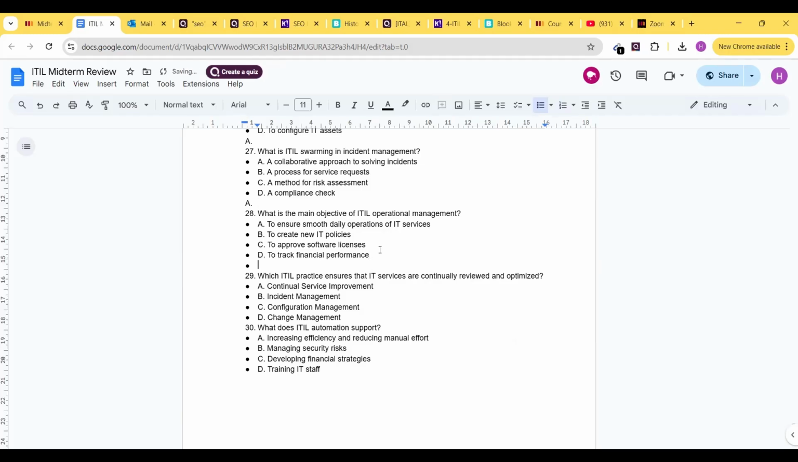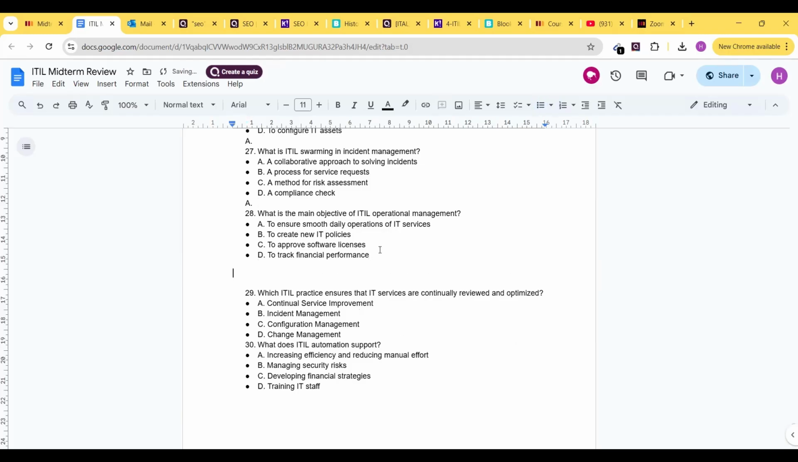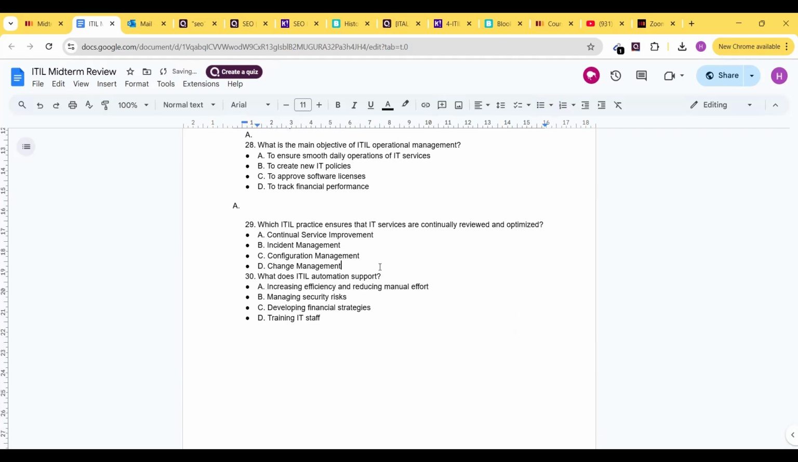And then what is the main objective of ITIL operational management? Yeah, so it ensures smooth daily operation of IT services. Which ITIL practice ensures that IT services are continuing